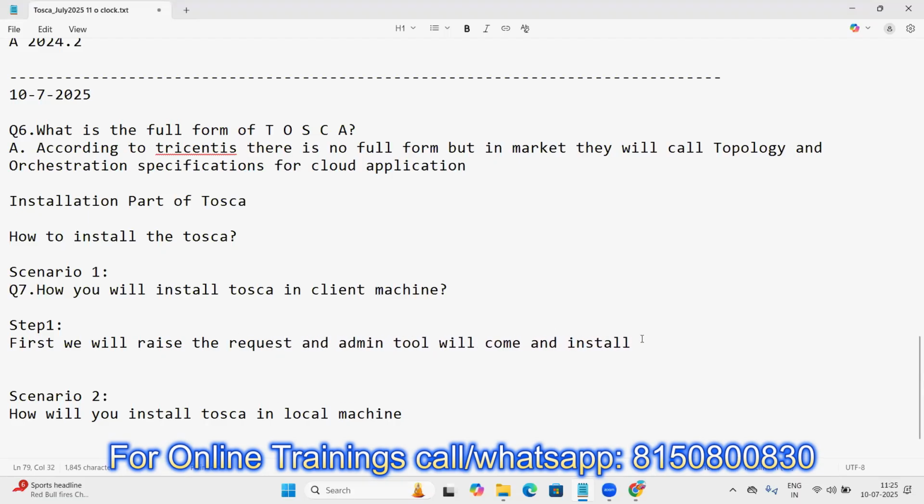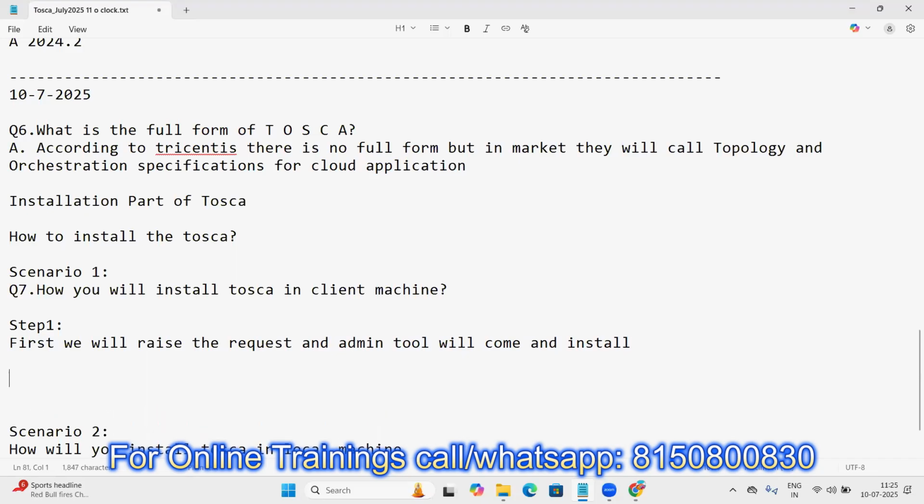Or else, if we get access to the client system, there will be some software like how we have Microsoft Store and Play Store, no? Like this, a software center will be there. Step one is, search for